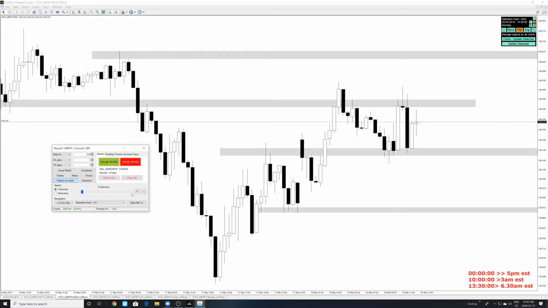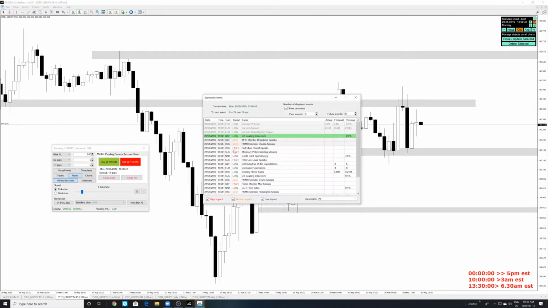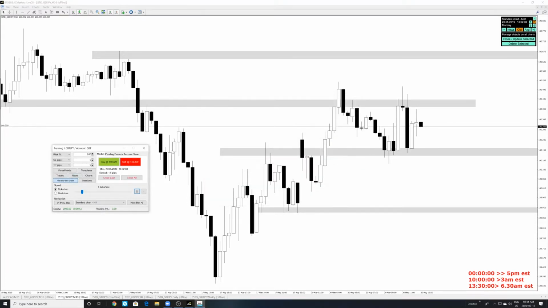So let's play this. Yeah, the 30-minute candle closed like this. Let's take a look at the news. We have no news. Some MPC members speaking, but okay. So during this simulation, since we have no news, we're only going to be going off of technicals. That's what we're going to do. So right now we're just waiting for this 30-minute candle, and we're just looking at the 4 hour.